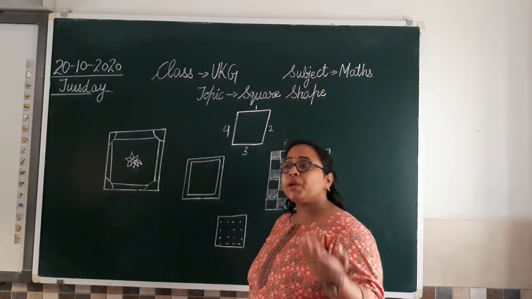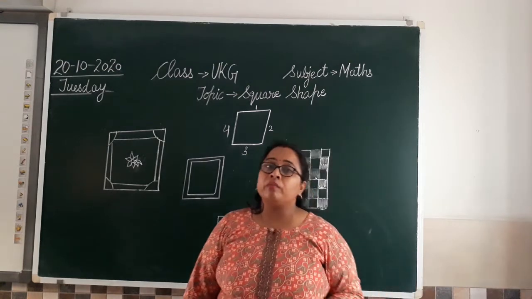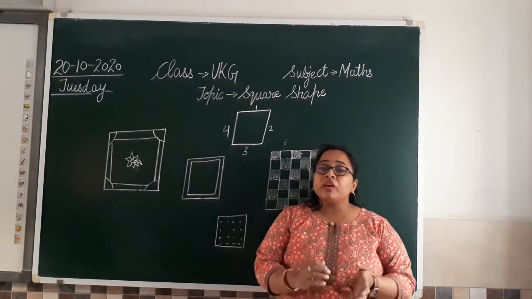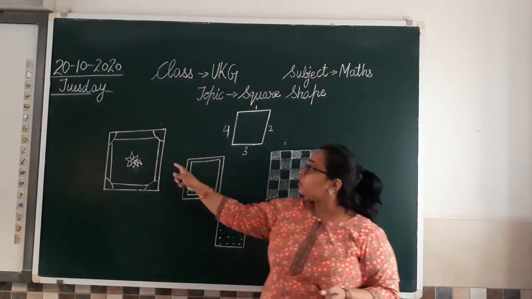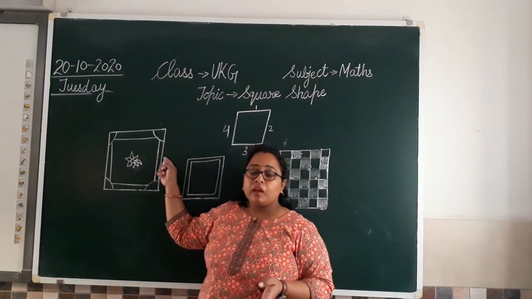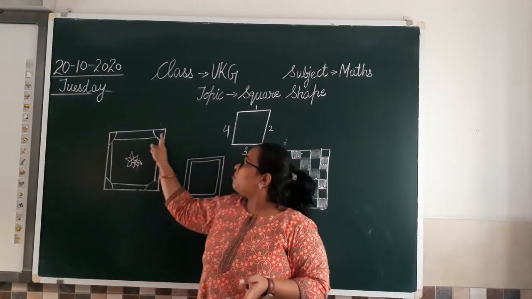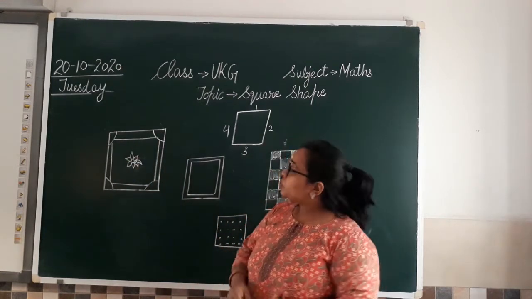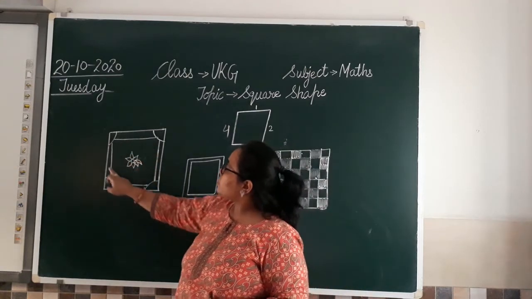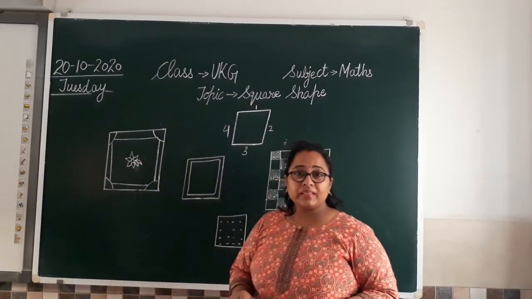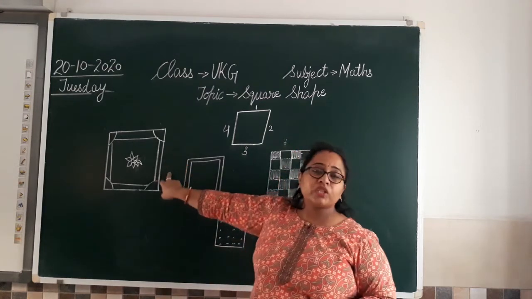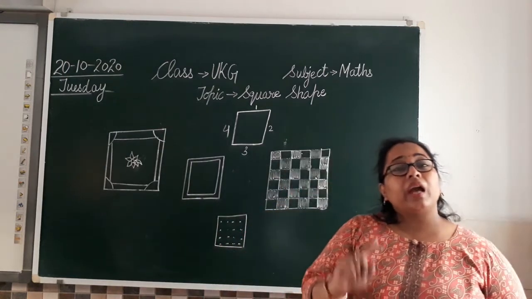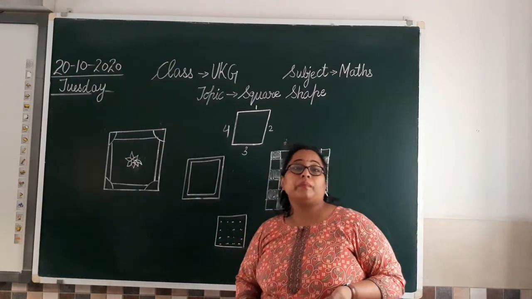Clear? Now few more example is, you all love playing carrom board. Do you? So you all might be having a carrom board at home. So when you see a carrom board, this carrom board is also square in shape. Have you ever seen a carrom board? ये इसकी 4 wells होती है जहाँ पे हम coins को tiger से डालते हैं, isn't it? So and these are 4 lines where we put our tiger, isn't it? So what we call it? Which game is this? It's a carom board. Now when you will look at your carom board, you will find that carom board is square in shape.